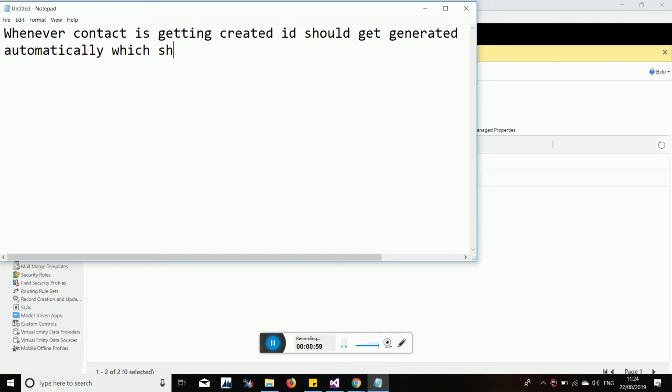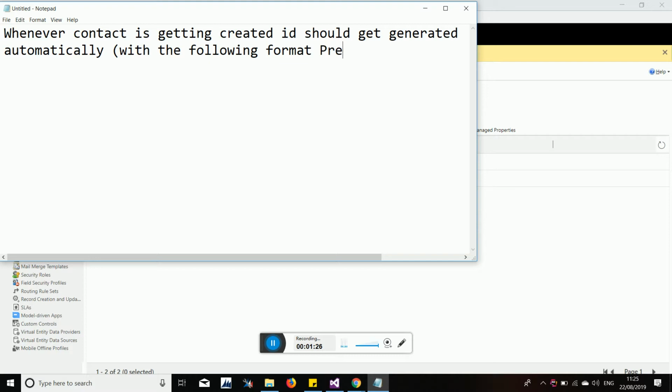Which with the following format. What will be the format?